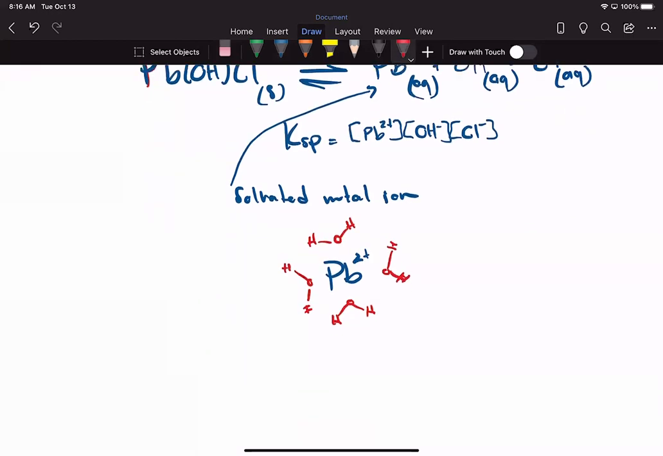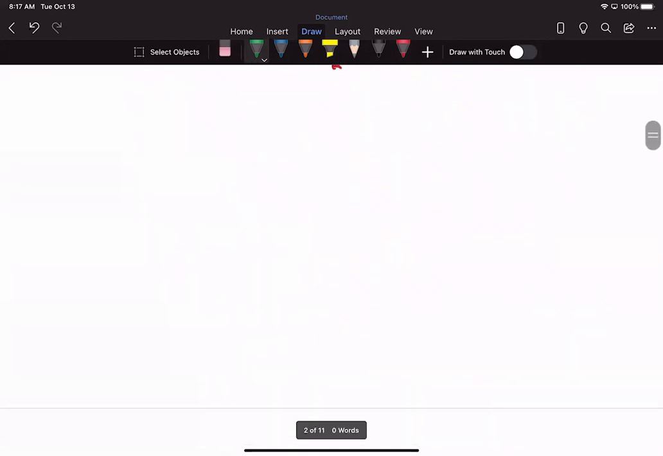Right, so solvated metal ions, where all these water molecules are what we consider a solvation sphere. We're just going to have this sphere of water molecules surrounding it. So we have what we call a solvated metal ion, a term we're probably going to need to know for the exam. So when we're talking about Ksp and solubility,